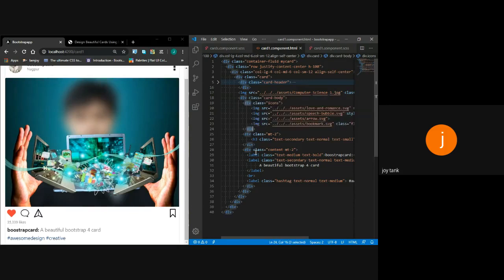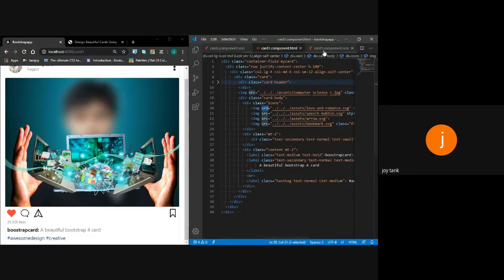Why different div tags? So that each div tag comes one below the other. That's why I've created an icon class. Within this icon class I have used three images. The first image is an SVG image, an SVG of a heart, then the message, then this arrow, and at last the bookmark.